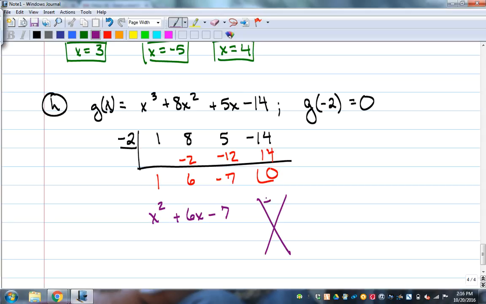Okay, so multiply to be -7 and add to be +6. The last number goes to the top, the middle one goes to the bottom. Technically, it's 1 times -7. Whatever's in front times that goes up top, and then the middle is always going to go in the bottom. So what would that be? 7 and -1. That's the only options we got. So that's x plus 7, x minus 1,